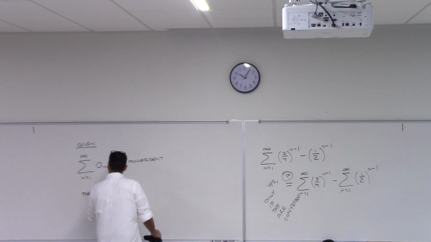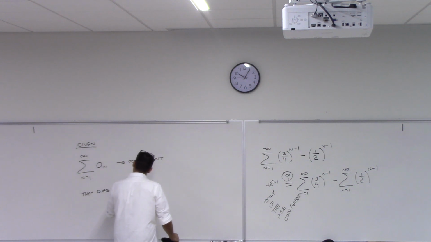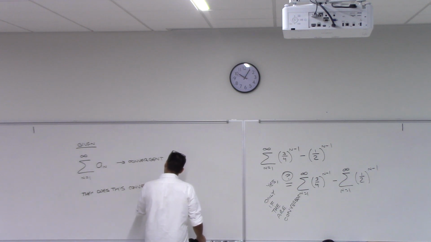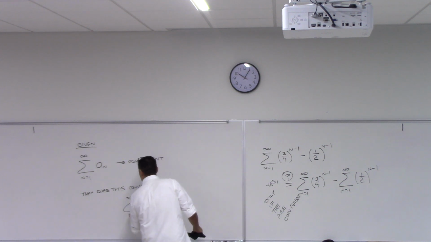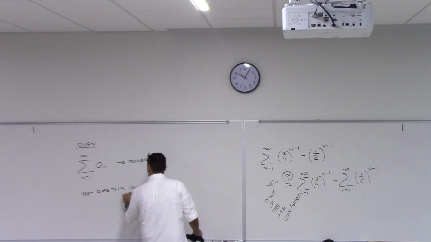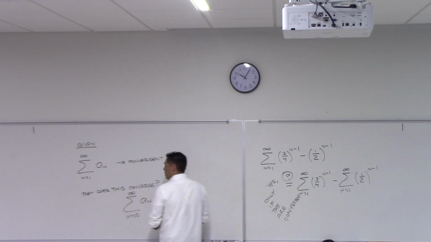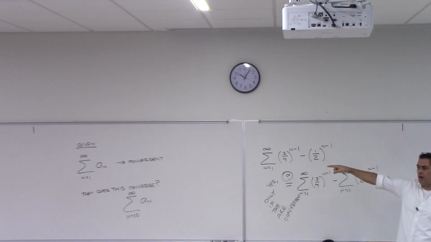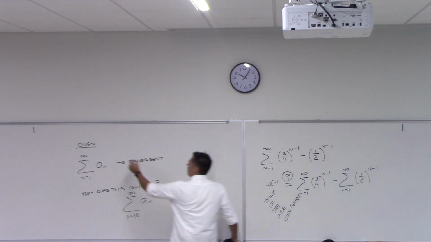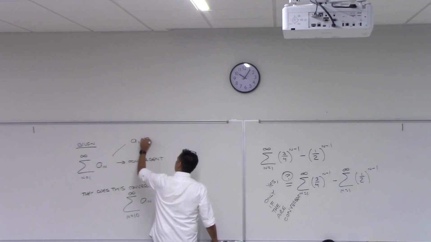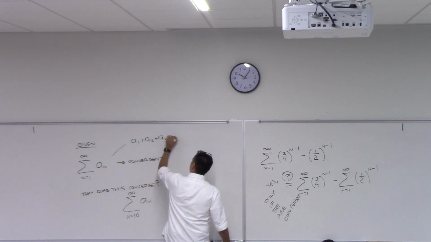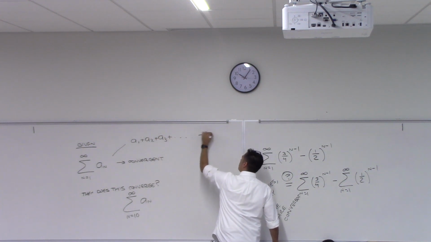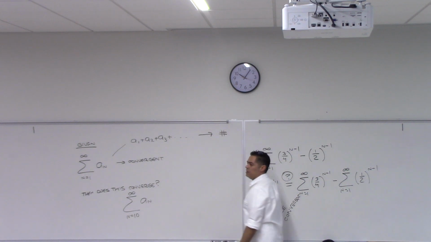Then what can you tell me about this? Then does this converge? I want to hear your argument. So what's the difference between those two? The first one started at where? N equals 1. And this one's starting at 10, right? So this one is a sub 1 plus a sub 2 plus a sub 3 plus forever, right? And we know that that converges to some number, right? To some number. This one